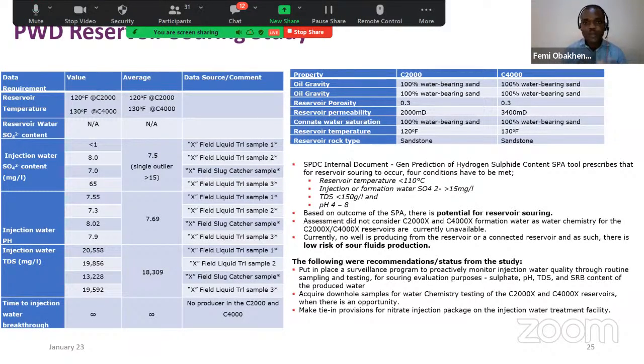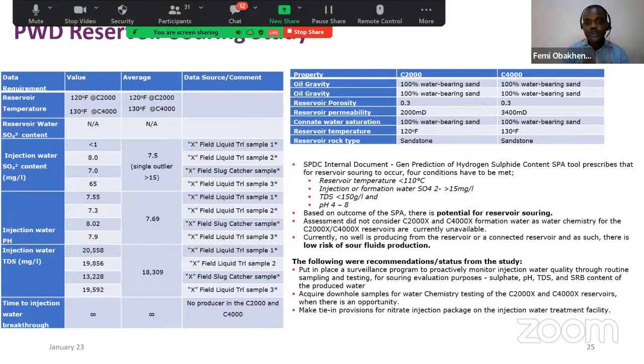So you have to do this compatibility analysis, because sometimes when you mix two dissimilar waters together, you can have bacterial action leading to hydrogen sulfide production. And then, of course, you know how harmful and life-threatening H2S can be when humans are exposed to it. So you need to do this souring analysis: how much sulfate, phosphate, what is the pH, and all that compatibility